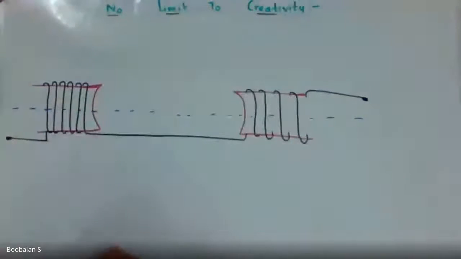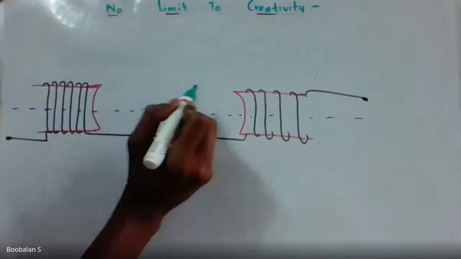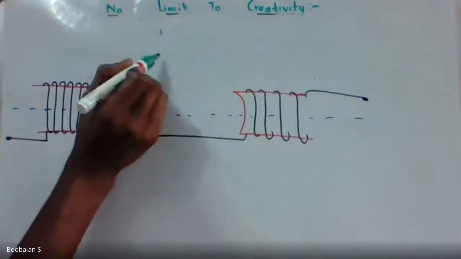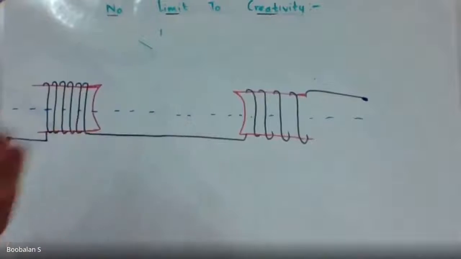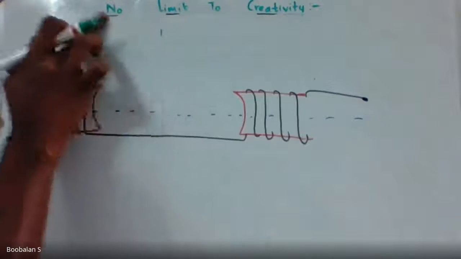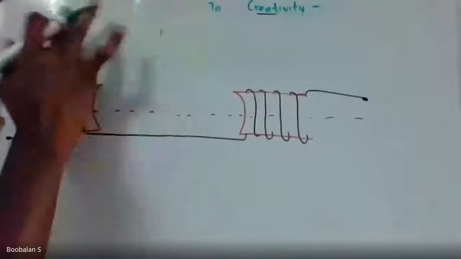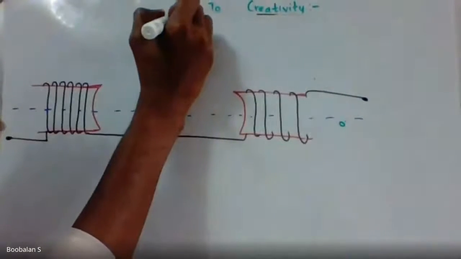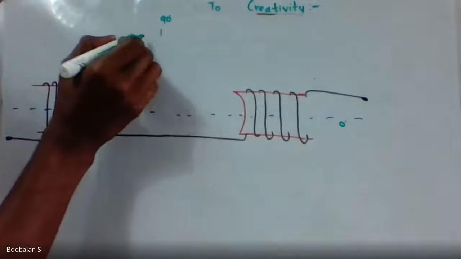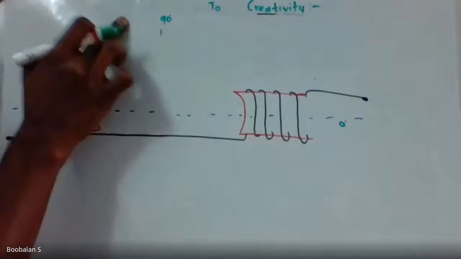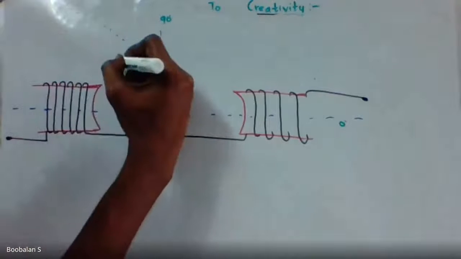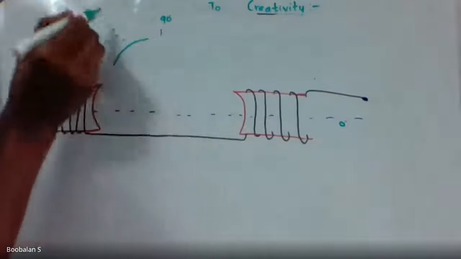So 90 will be R Y. That's why I'm using green. So this is my 90 degree, right? 120 will be somewhere here. So I'm just going to rough it here. So 0 degree, and here 90 degree, right? 120 will be somewhere here. Now I am going to place